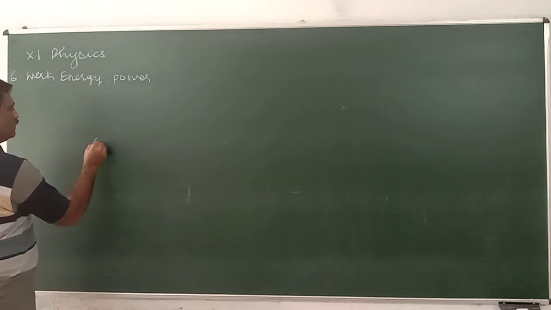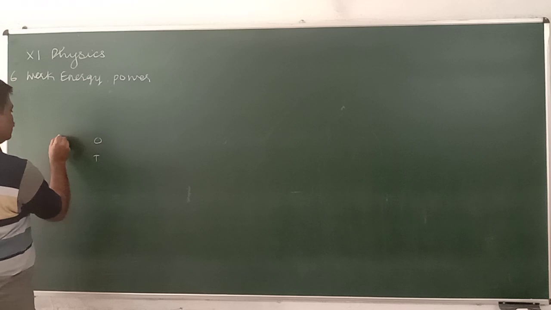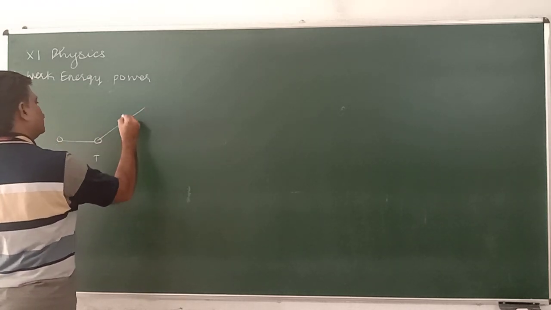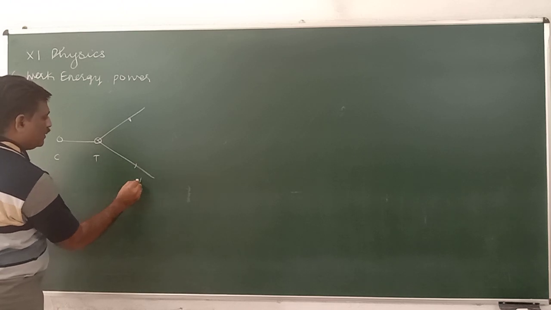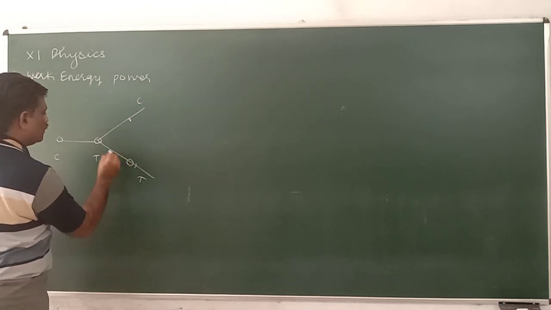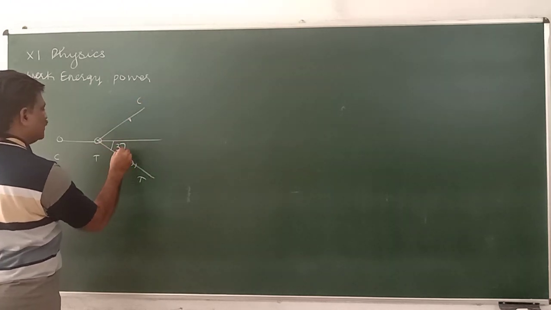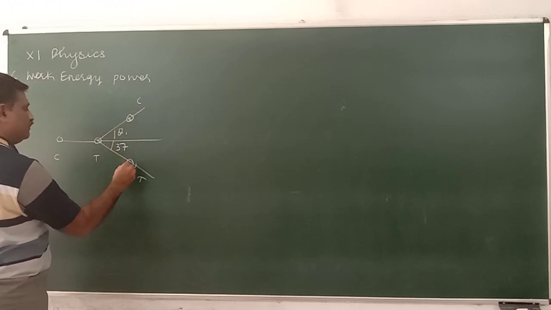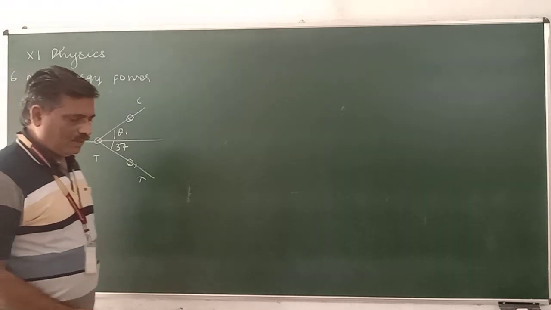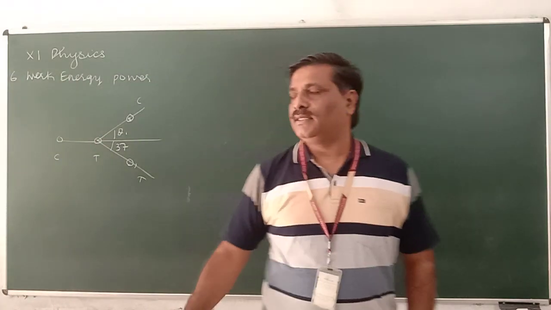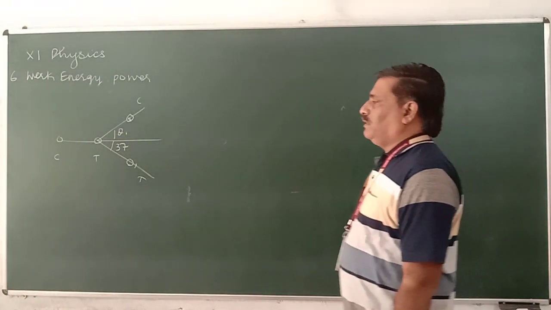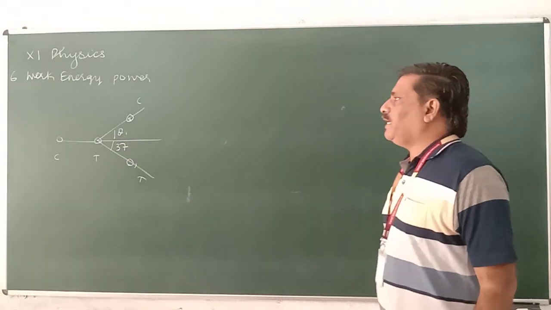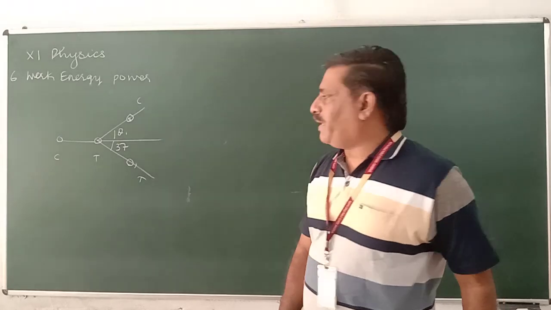This is target, this is Q. After this, the target is here, this is Q, and then this angle is 37, this one is theta, this is Q. In this one, let us see. If we know one angle, then we can get the other one also. Let's see from the law of conservation of momentum.